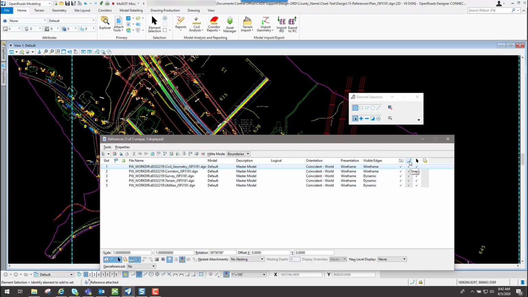And then these other options right here are your snap and your locate. So if you don't want to have, let's say, the place line tool or some other tool to snap to a certain point on a reference file, you can come in here and actually turn off that option. And it's the same thing for the locate. If you don't want to use your element selection tool to possibly select an item from a reference file, you can come in here and turn off those options. Normally we leave those checked on, but that's what those options would do.